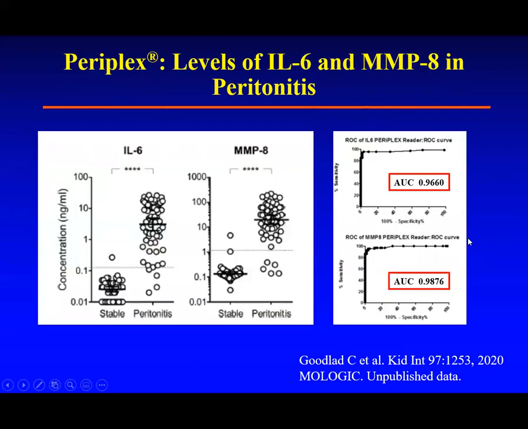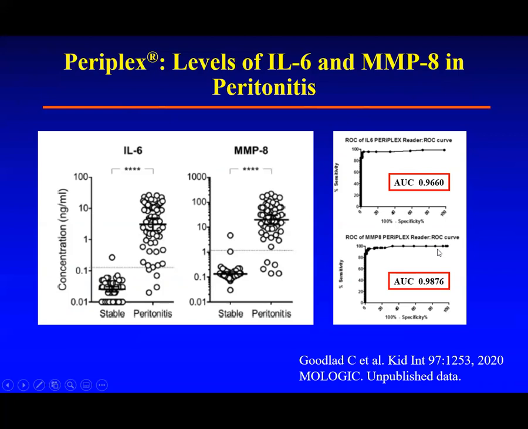MMP8 is a matrix metalloprotease 8, which, as you can see on this slide, is far more likely to be present in patients with peritonitis at a higher level than in patients without peritonitis. Similarly, interleukin-6 indicates the presence of peritonitis. Notice that this is a logarithmic scale. And here you have the areas under the curve for IL-6 and MMP8 in the lower panel,